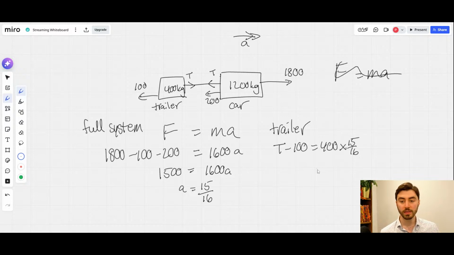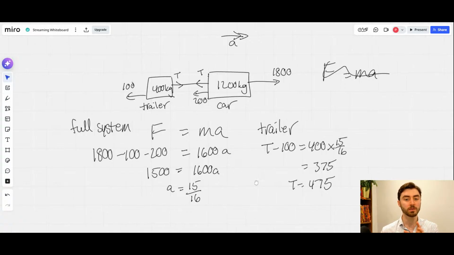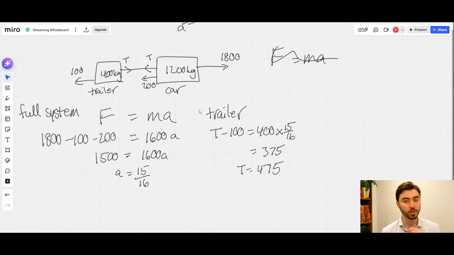Now, running that through the calculator, we're going to find 400 times 15, all divided by 16. That's going to give us 375 as the resultant force. And so the tension in the tow bar must be 475. And we can see this is consistent because we can repeat this exercise with the car. So considering the forces acting on the car now,